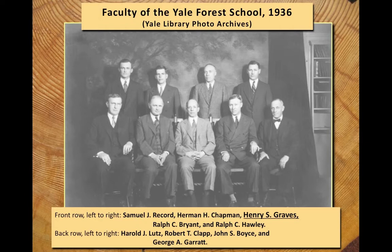The sterling faculty of the Yale Forest School in the 1930s helped to form Ted Childs as a forester, conservationist, and philanthropist. With Henry Graves as dean and the authors of every major textbook in the field as your mentors, Professors Chapman, Garrett, Hawley, and Lutz, attending the Yale Forest School was analogous to preparing for the ministry at a seminary where